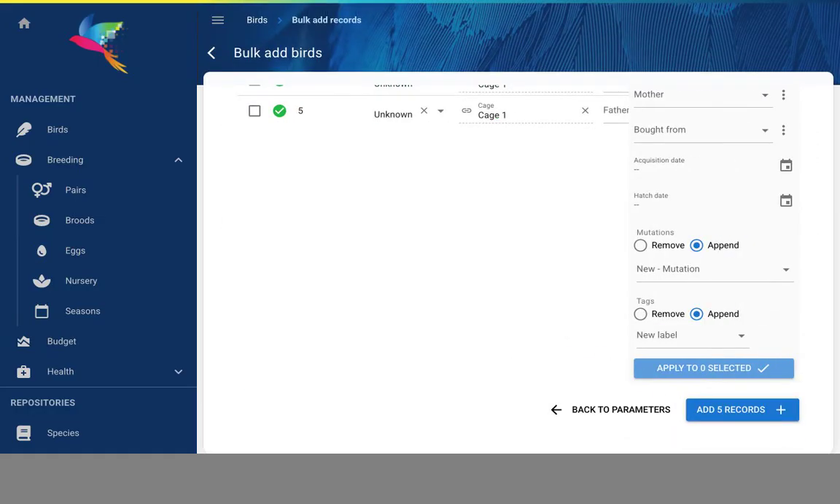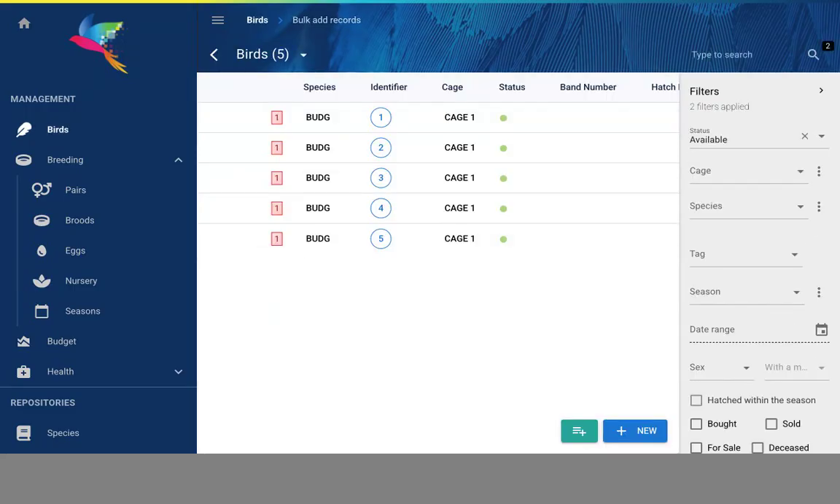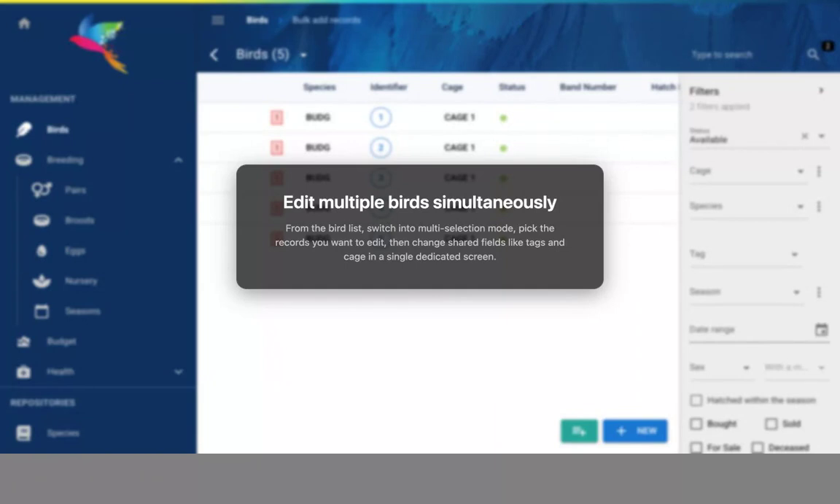The draft is ready and every row can still be tweaked before insertion. 5 new birds are saved in one batch, ready to appear in the bird list. And here we are, back on the bird list with every freshly imported bird ready to be paired, bred, or